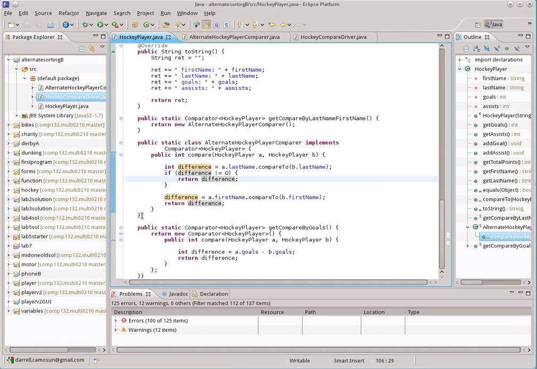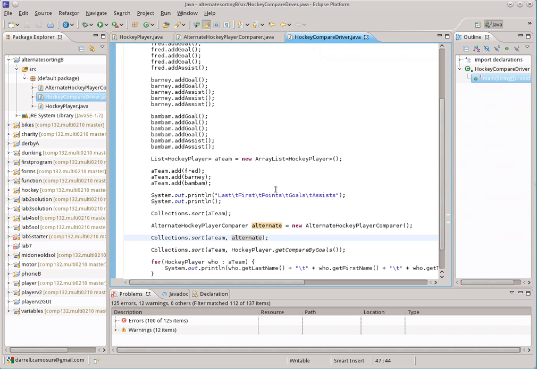That gets the object inside the class, but it would still mean that the main program would have to do the new. And to make our lives a little bit easier, what we've done is we've said, why don't we have the hockey player class make the new comparer object, and send it out via a getter so that someone who wants one of these comparators doesn't even have to call new themselves. When you do that, then the hockey player driver now just does a single line that looks like this,